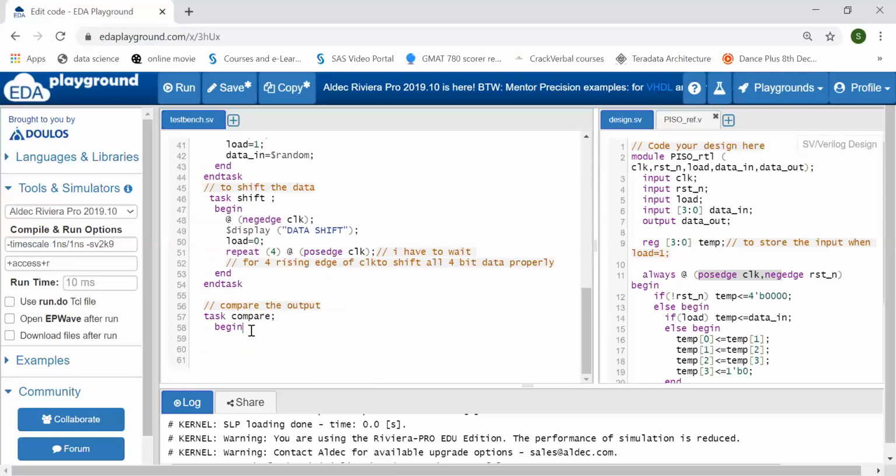So now when I need to compare my output, I will get the output at the positive edge of clock, and that too in the NBA region. Why the NBA region? Because here I am using a non-blocking assignment. So I can simply write begin.